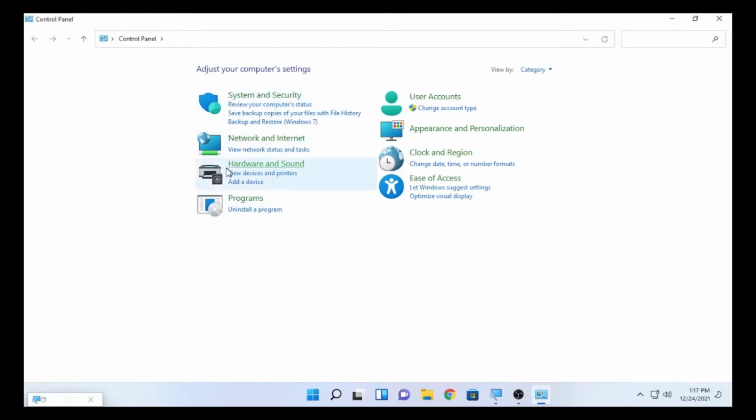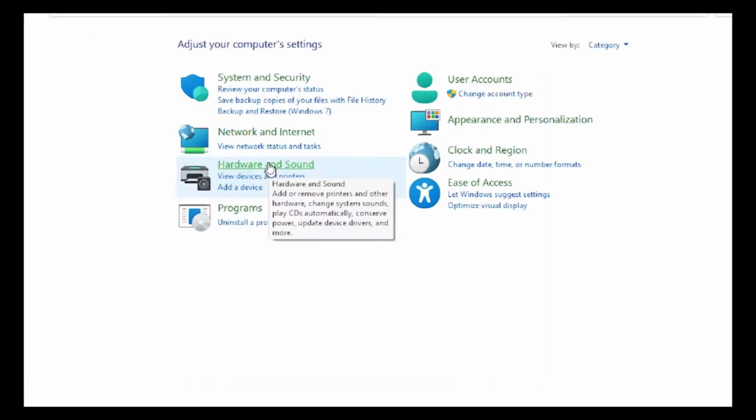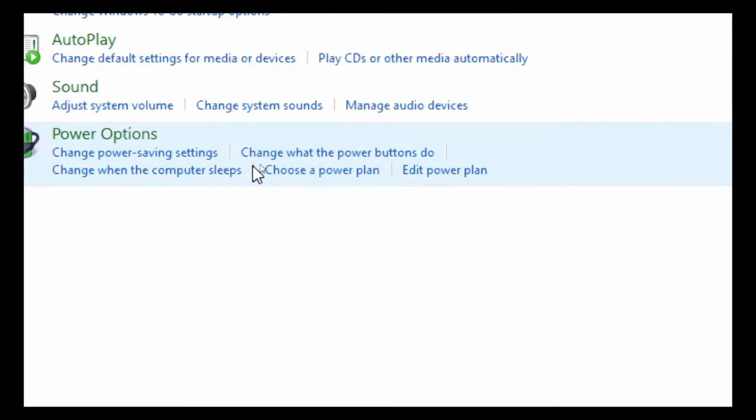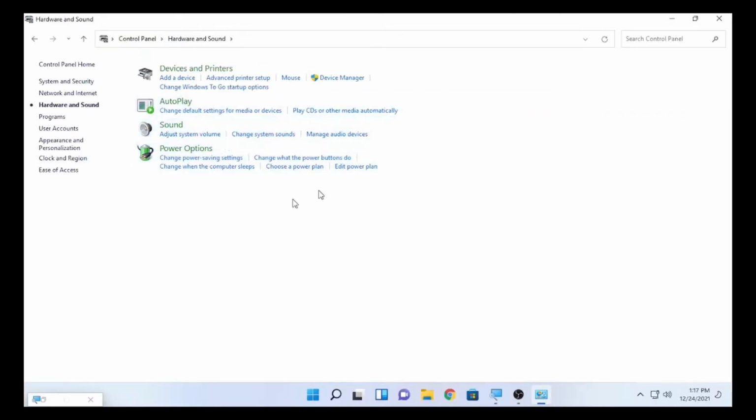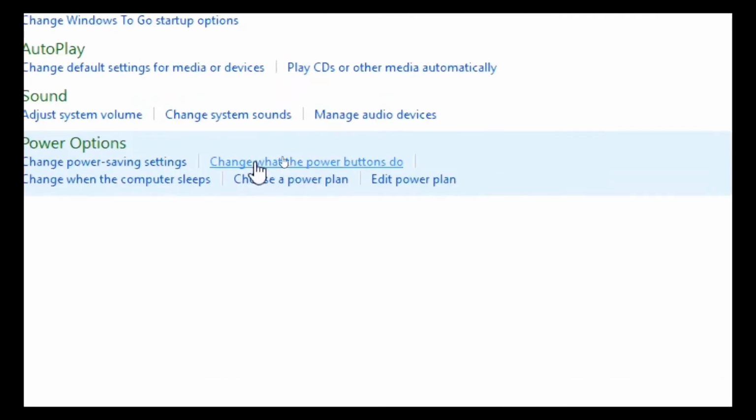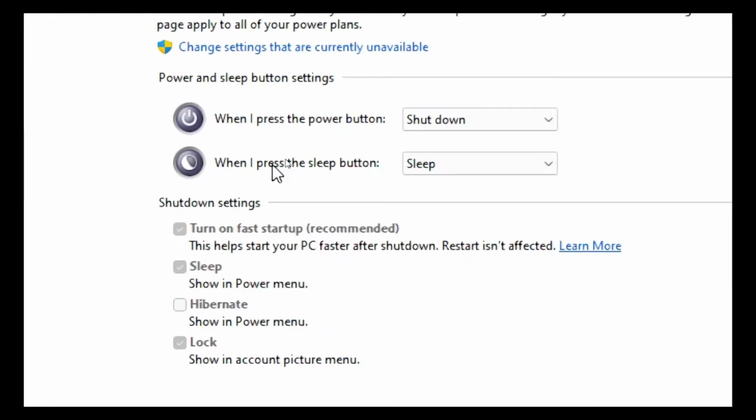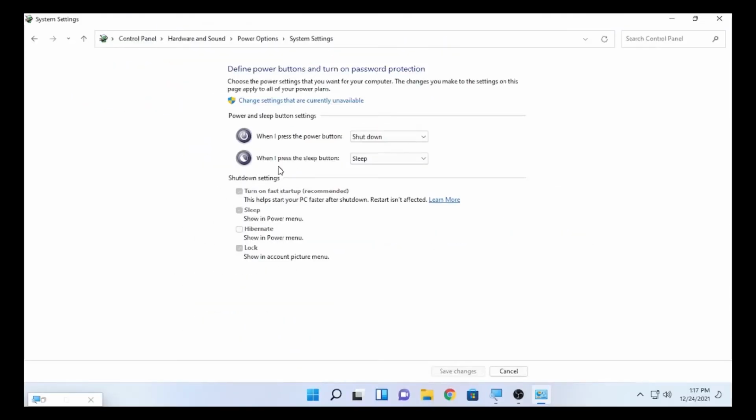After we open the control panel, we select hardware and sound. Then under the power options, we go to change what the power button does. Under that, we have change settings that are currently unavailable.